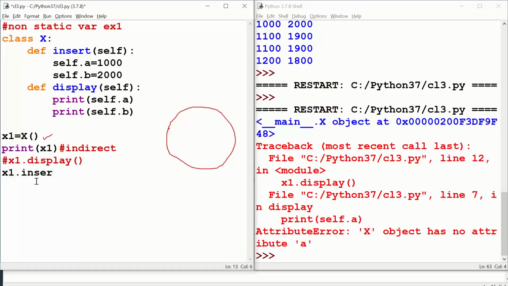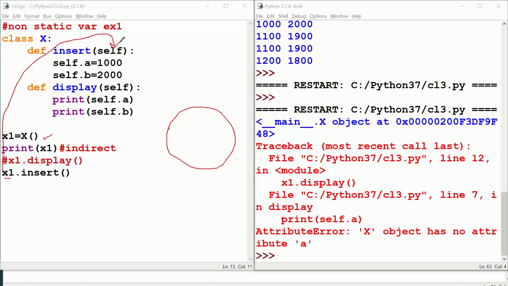Let me try x1.insert. When you do x1.insert, what happens technically? Listen carefully. This x1 contains the indirect address, correct? It will push the indirect address into your method.